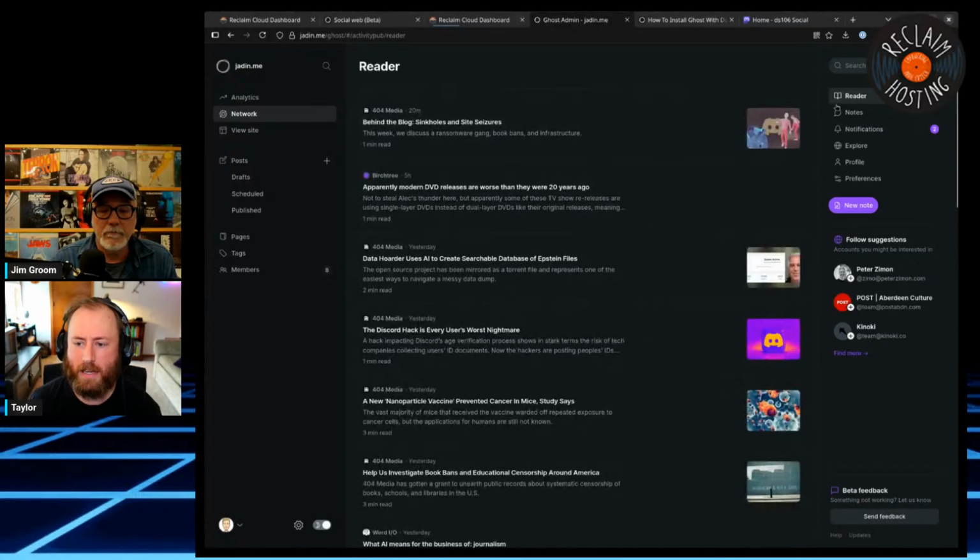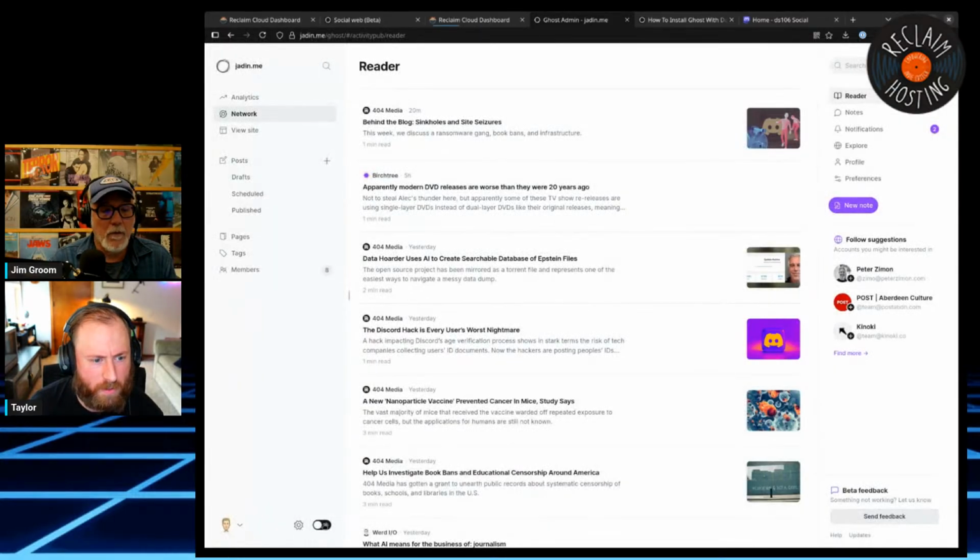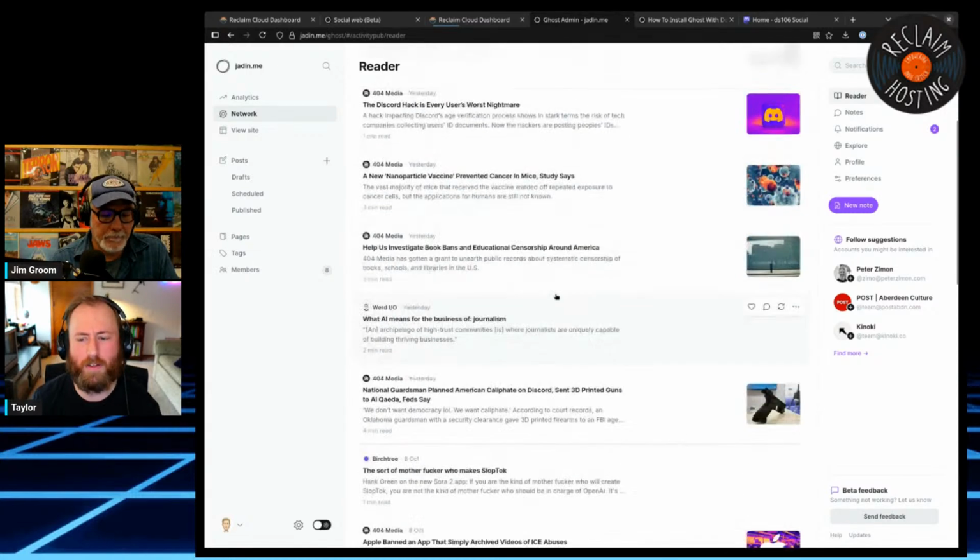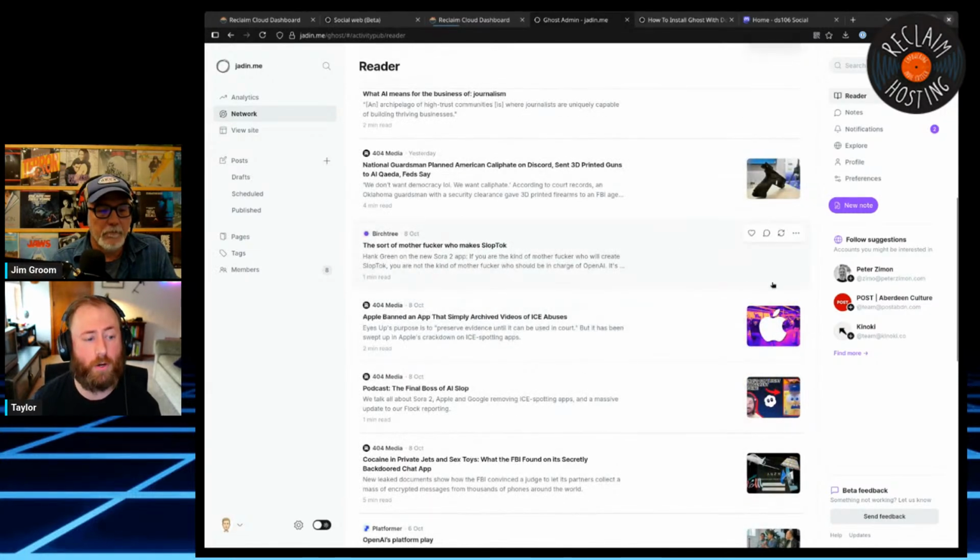There is this nice kind of Mastodon looking interface here. I do use this in dark mode, but I'm going to put this in light mode. Sorry, everybody, because I think it streams a little bit better, like quality. What do they mean by reader here, Taylor? Yeah, so the reader is other Ghost blogs that you follow that are also on the Fediverse, I believe. They may not have to be on the Fediverse specifically, but you can follow other Ghost blogs.